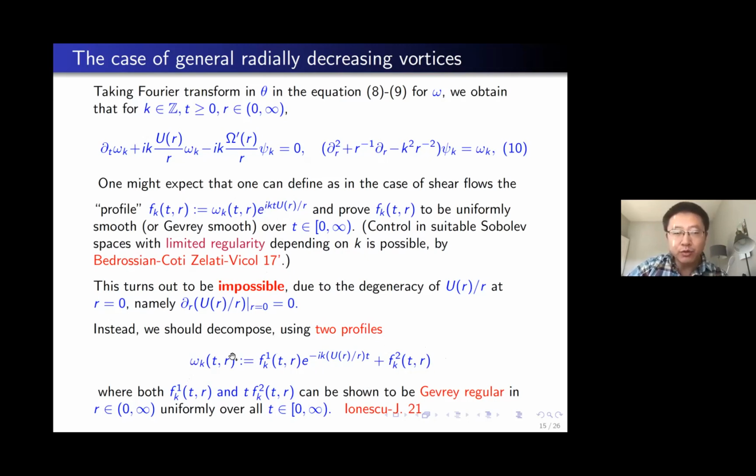Now, if you multiply the whole vorticity field by this oscillatory factor, that's good news for the first profile because you cancel the oscillatory factor, but not so good for the second profile because this guy is already smooth. You multiply this guy, you kind of artificially introduce this oscillation. The reason why, even with almost like a wrong profile, Bedrossian-Coti Zelati-Vicol can still obtain this amazing control in some Sobolev space, is that this Fk2 actually decays over time. The rate it decays depends on K. So for larger K, it decays in time with a faster rate. So okay, that's why.